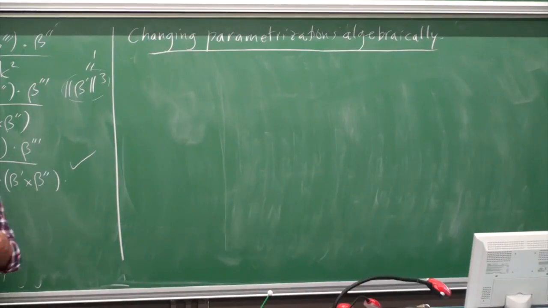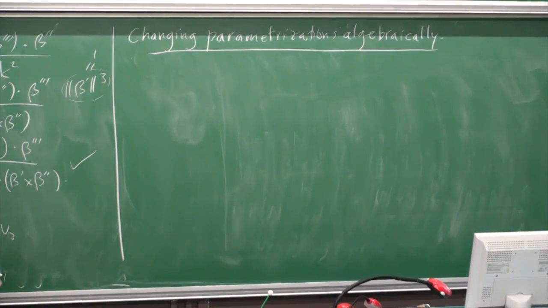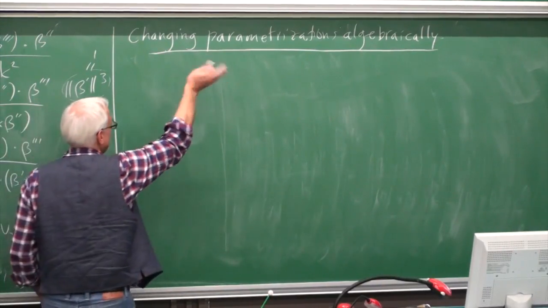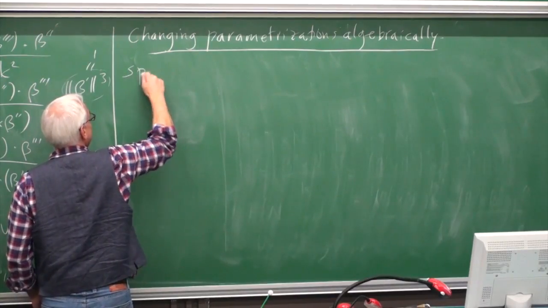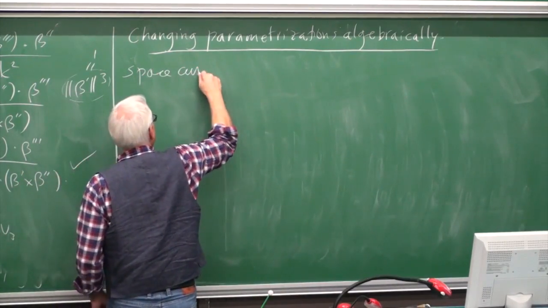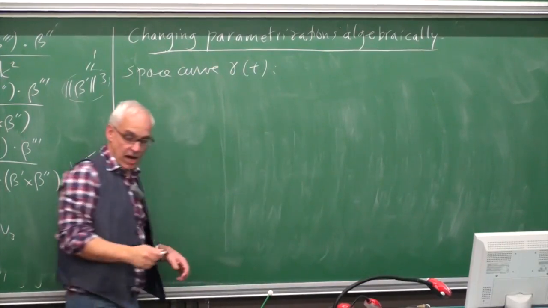We've established a result in a particular coordinate system. We need to see what happens if we change that coordinate system. And I'm going to now introduce a kind of algebraic way of thinking about this, again going back to essentially the ideas of Lagrange and contemporaries. All right, so we're going to think about just a general discussion. So if we have a curve, a space curve, say gamma of t, how could we describe that curve?